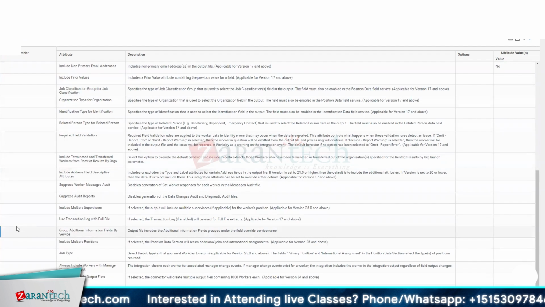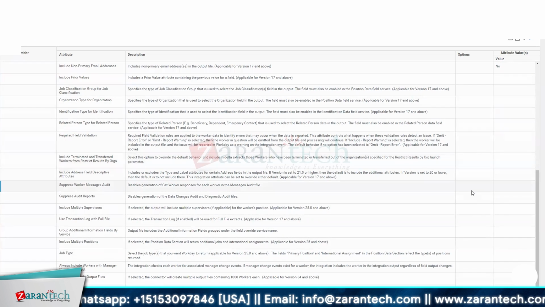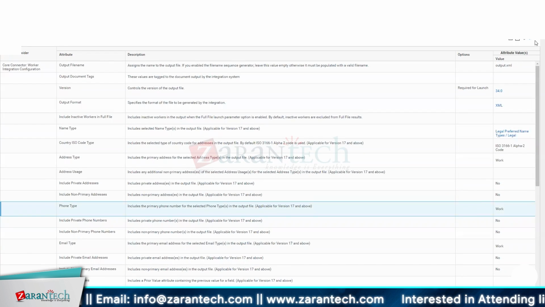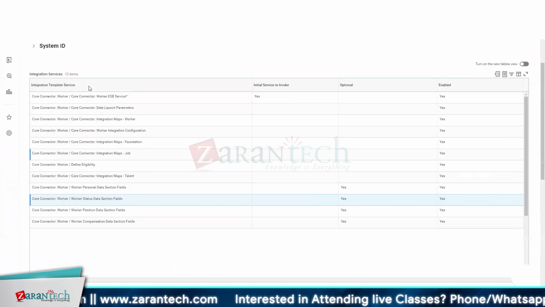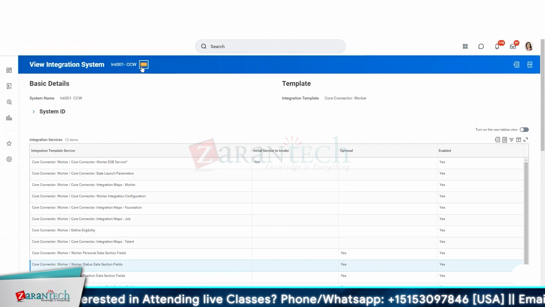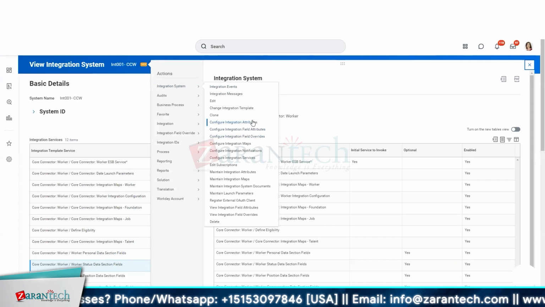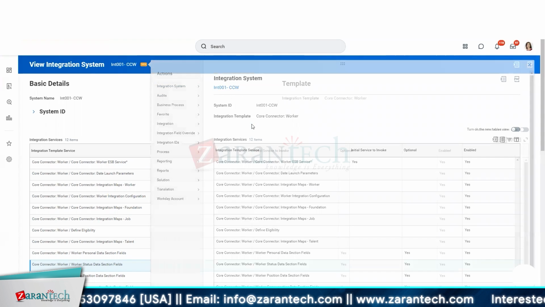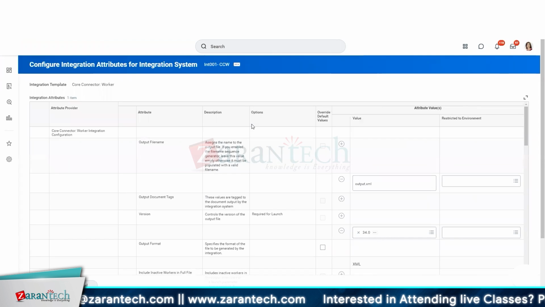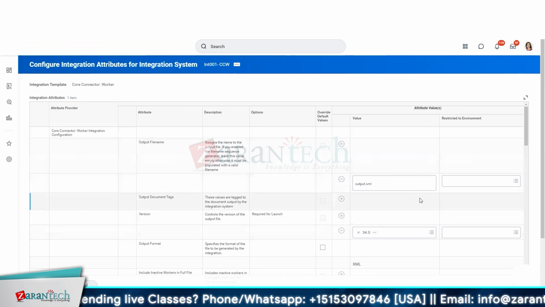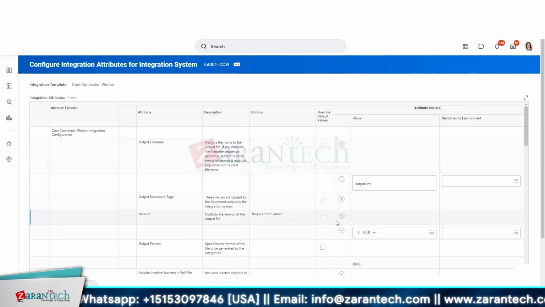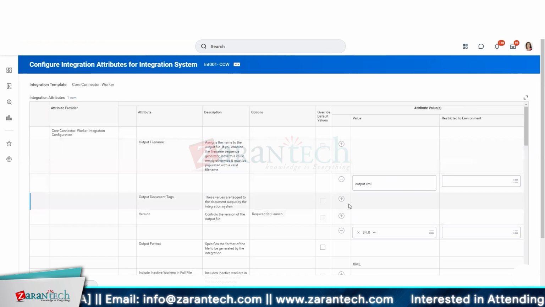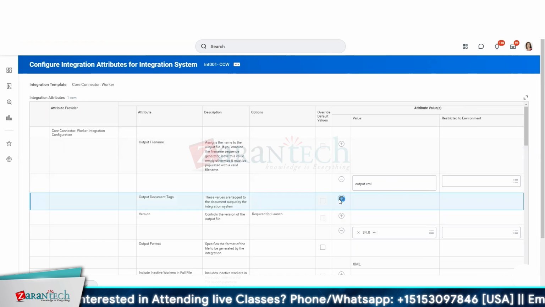And all these attributes are designed by Workday. The description is available and they are managed by the attribute values. And how do we configure this? If I go to integration system, configure integration attributes in this connector, I would have a value for every single attribute type. So for example, I see that there is no output document tags, and if I want to add it, I can click here,